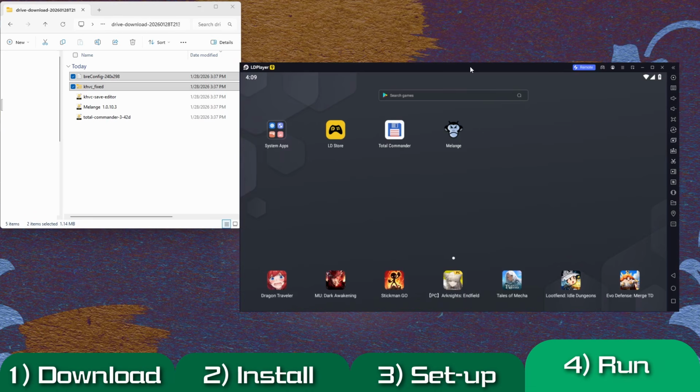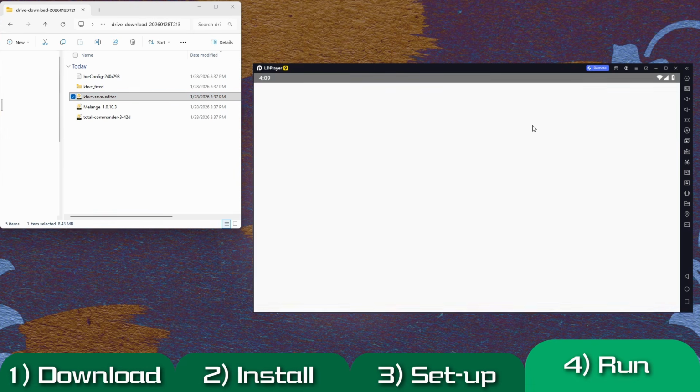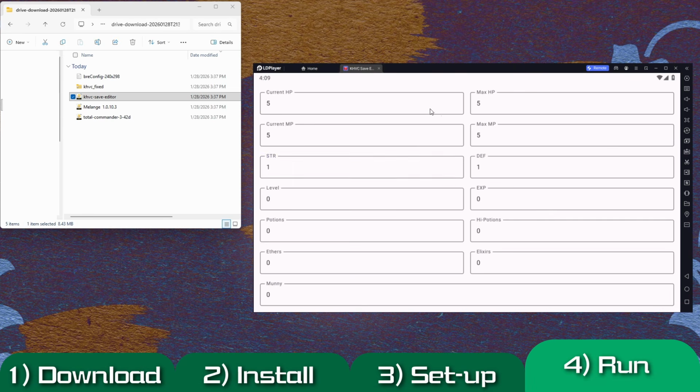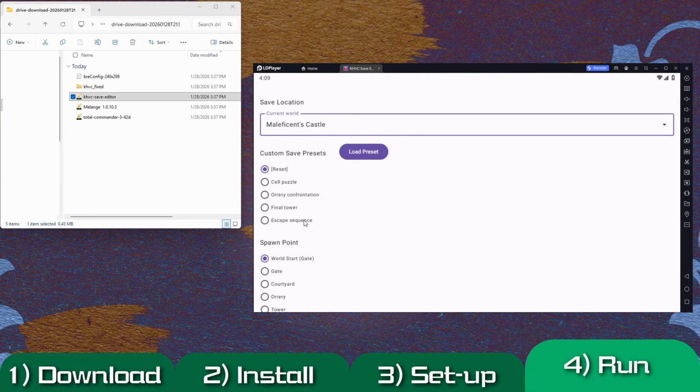And that's it. The last thing is the save editor, a tool I made to create custom save files. You can install it by dragging the APK into the Android emulator like before. It lets you edit Sora's stats and inventory, change your current world and spawn point, and toggle various progress triggers in the level. You can write the new save file directly to the VCAST folder in the Melange emulator, meaning